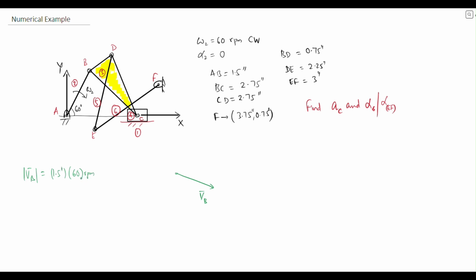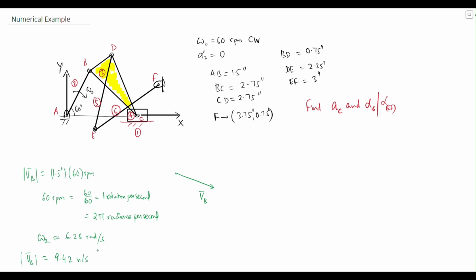So the RPM has to change to radians per second. 60 rotations per minute is equal to 60 divided by 60 is 1 rotation per second, which is equal to 2 pi radians per second. So effectively the omega 2 is approximately 6.28 radians per second, and so VB magnitude is about